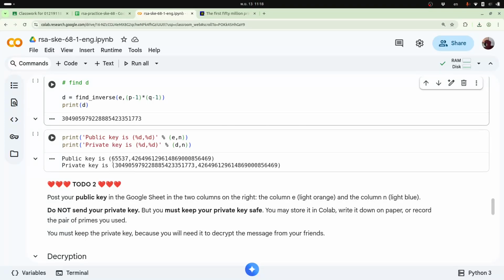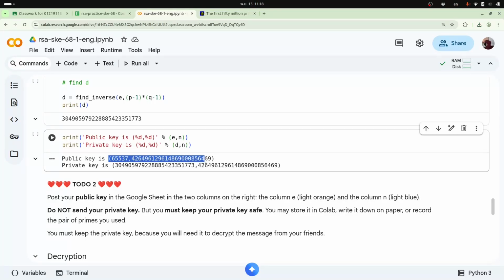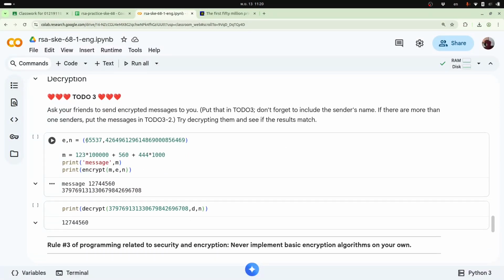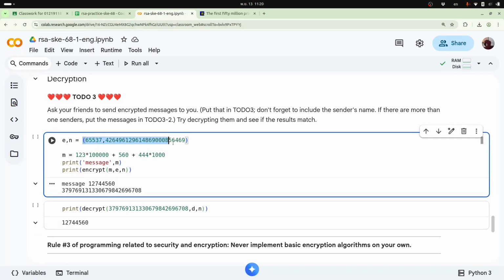Okay, so you should take this public key and post it in here. Then look at the public key that your friend posted, put it in here, and write some other message here. M will be some big number, whatever number you like, and then encrypt. After you are done with the encryption, you should see the encrypted message. Okay. When you have this encrypted message,